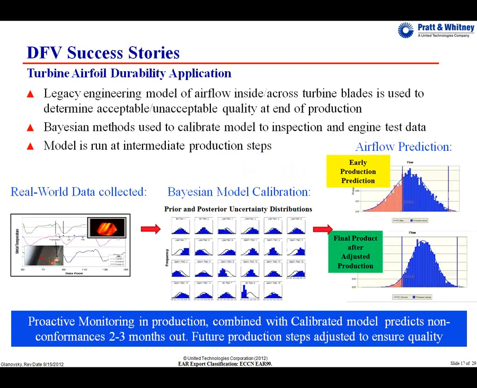The second story I want to share with you is also related to turbine blades, and this was also one of our earlier projects. But we're not talking about stress anymore. Now we're talking about airflow. Now, it may surprise you to know that those turbine blades that are spinning around in the hot part of the engine, right behind the compressor, right behind where the fuel is burned, those blades actually have a melting temperature that can be as much as 800 degrees below the temperature in that part of the engine.